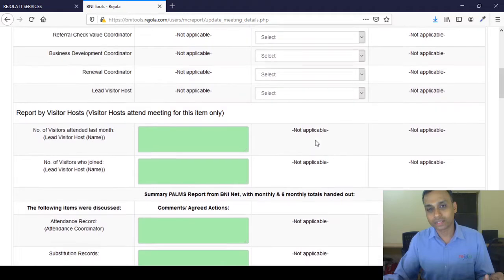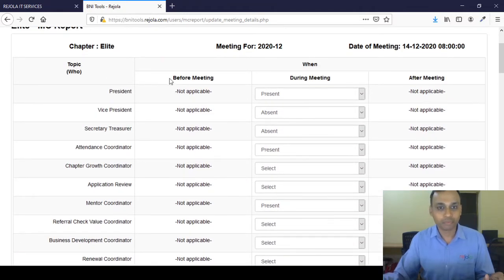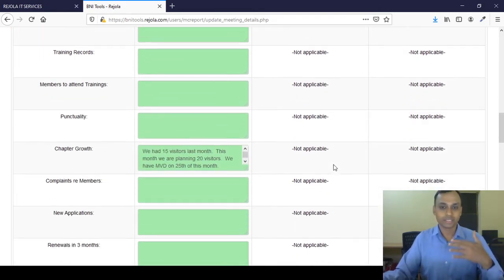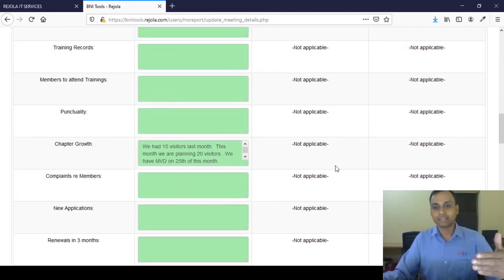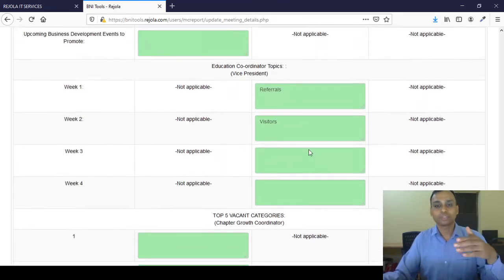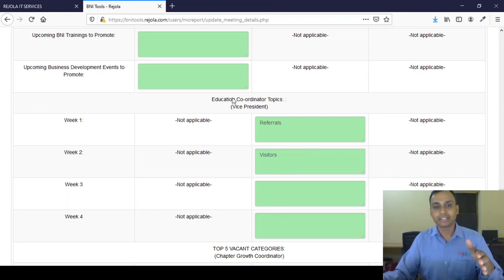We have also given sections for before the meeting, during the meeting, and after the meeting. During the meeting, when the vice president is coordinating the entire MC meeting, all these things can be observed, and additional details can be entered here: the education topic, the slot topics that are there.